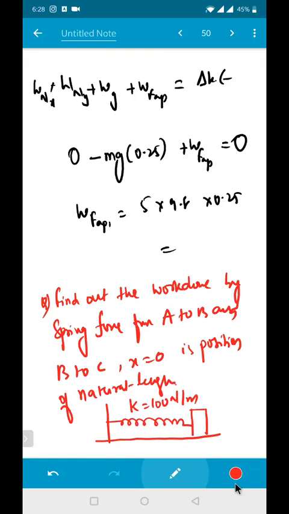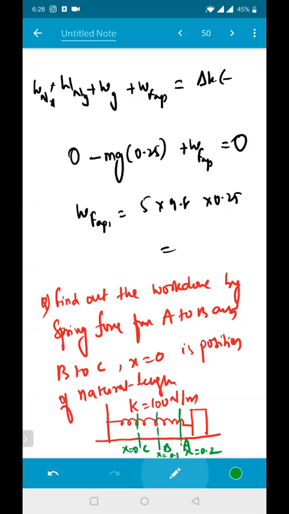You please try to do it out. I'm giving the values right now here. This is the position of your A, this is the position of your B, and this is the position of your C. This one is x equals 0, this one is x equals 0.1, and for A, x equals 0.2.